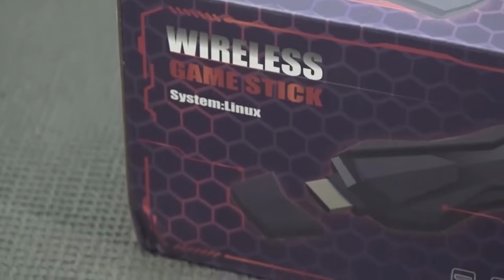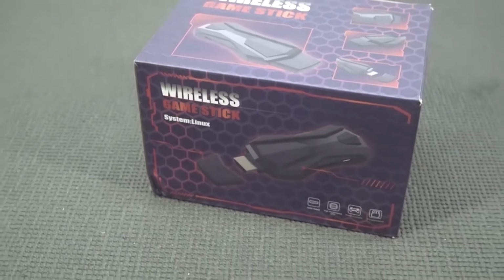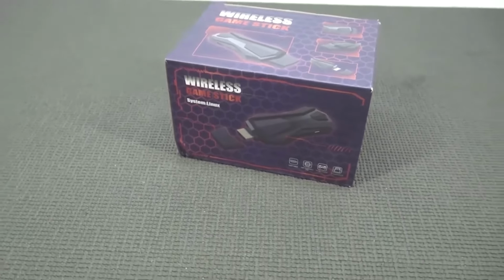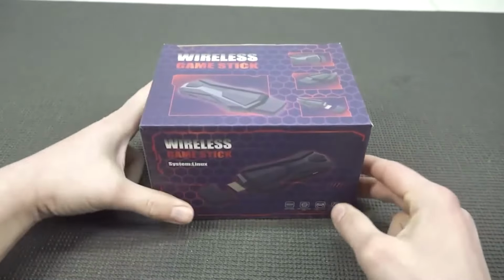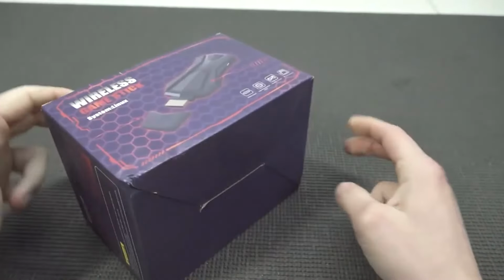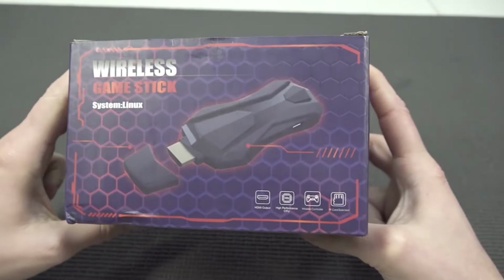There's not a lot of information about it, but I did a review of a couple of these products, and most of the time we're going to get an Android or Linux kind of device built in with some emulators. So I'm curious today, what are we going to get, how good is this thing, or better said, sometimes, how bad? So when it comes to this device, we're going to get HDMI, and that is something